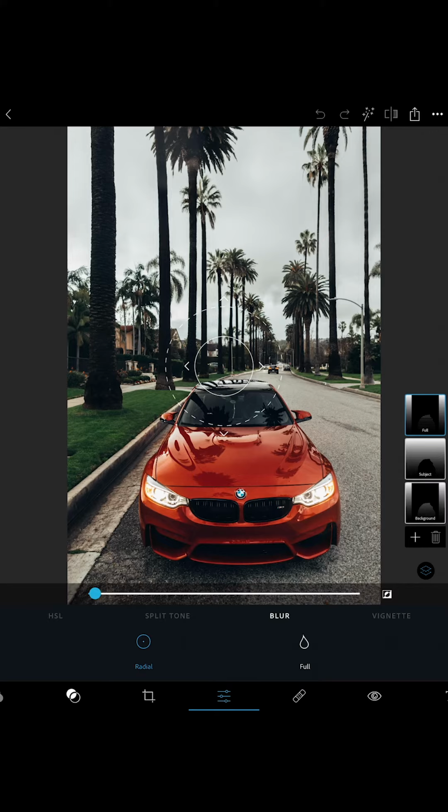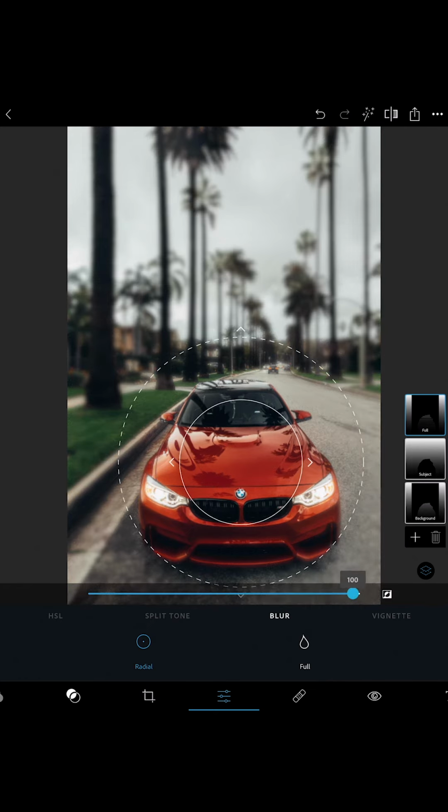If I tap full and then slide the blur amount across, the whole picture blurs. If I tap radial, I get this circle target, and I can make it different sizes. And then I can slide the amount of blur across, and you'll see that it blurs outside the circle, which